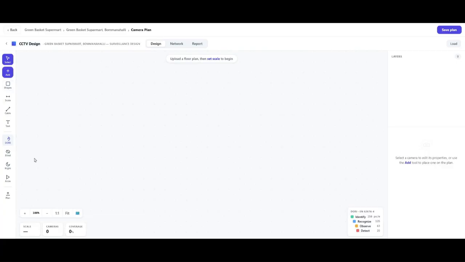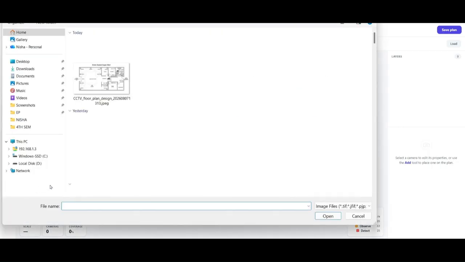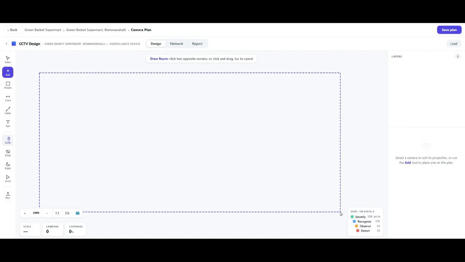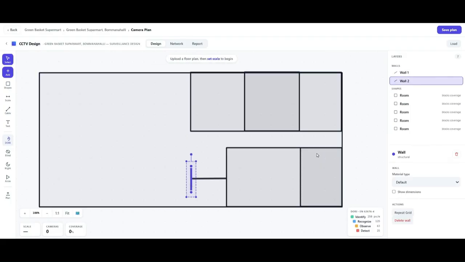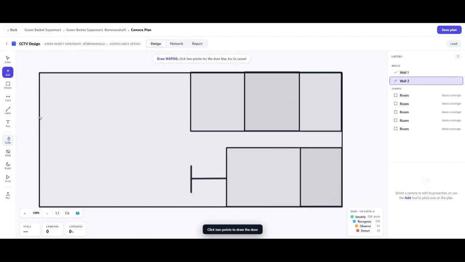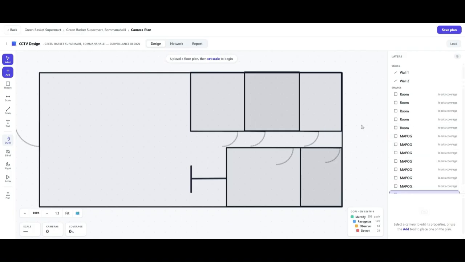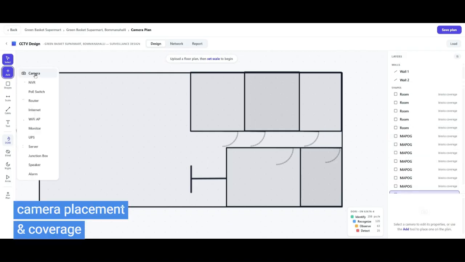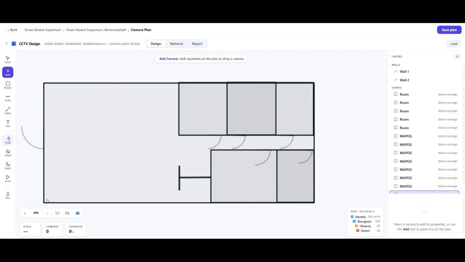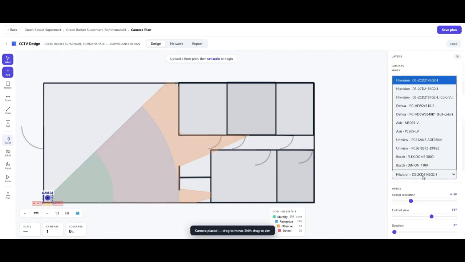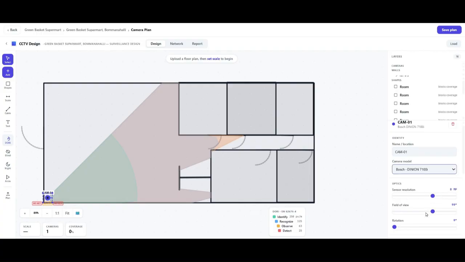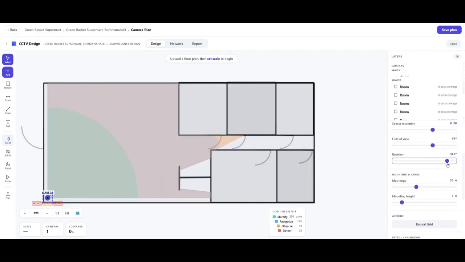For the camera design, you can work on a blank canvas or bring in an existing floor plan. Rooms, walls, doors, and other structures can be represented visually, giving the camera layout a proper context. Then comes the part CCTV professionals care about most: camera placement and coverage. Add cameras to the plan, select the required camera model, and adjust the field of view, rotation, and resolution according